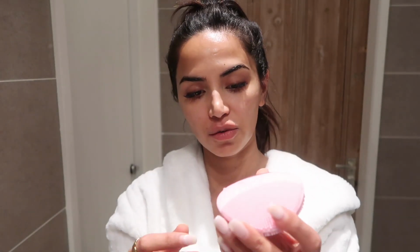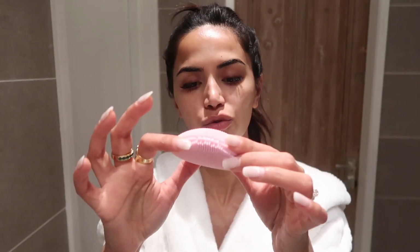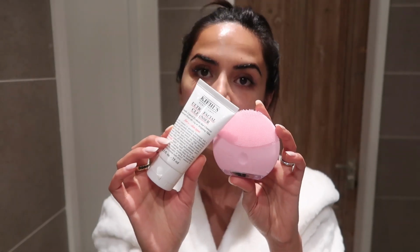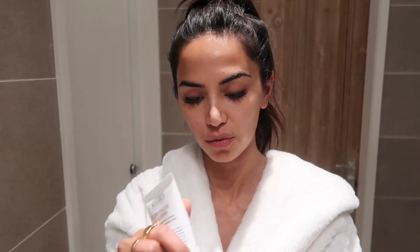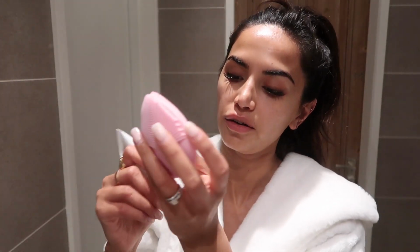Step 2 is with my FOREO brush. You guys have seen me use this for almost a year now. I am obsessed with it, and it's the same one. I have this size, it's called the Luna Mini 2, and I always carry it with me everywhere. And I use this with my Kiehl's Ultra Facial Cleanser together, and honestly my skin in the last year has gotten so much smoother and so much cleaner because of it. It's super simple to use. Just take it and put the soap on it, your face wash,